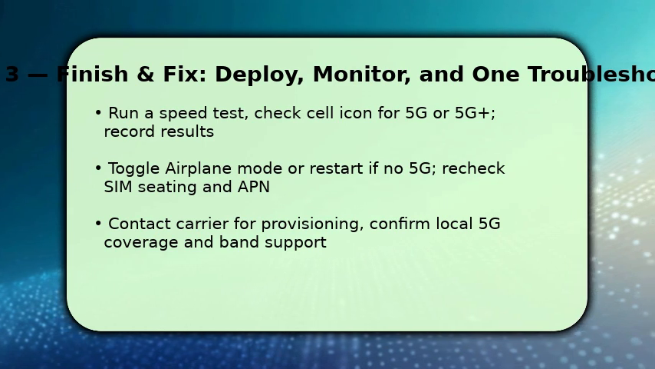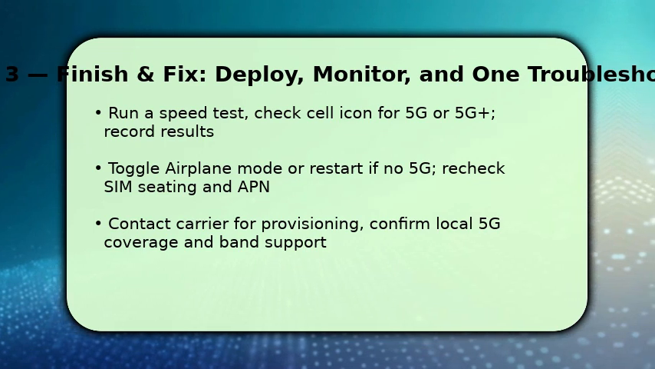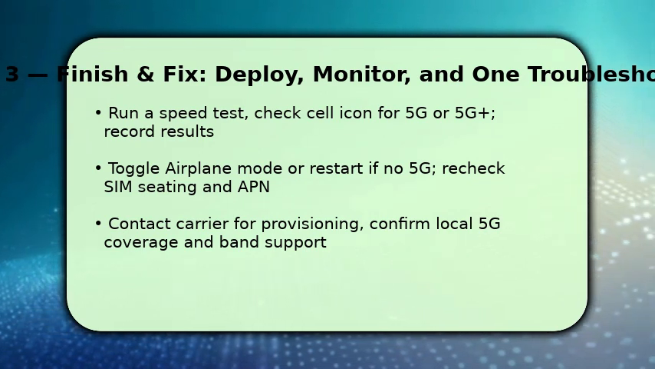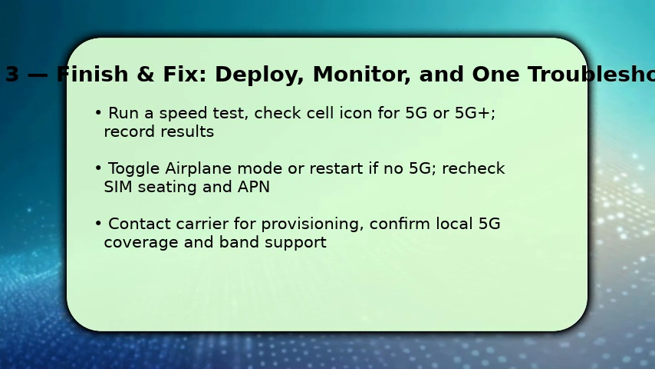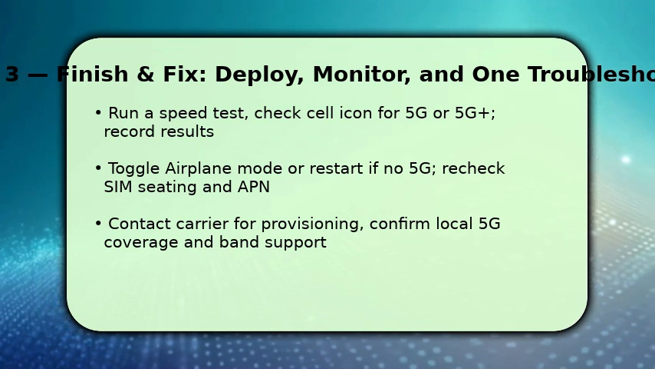Run a speed test and look at the status bar for 5G or 5G+. This confirms you're on the right band. If you don't see 5G, toggle airplane mode or restart the phone, then recheck SIM seating and APN settings because